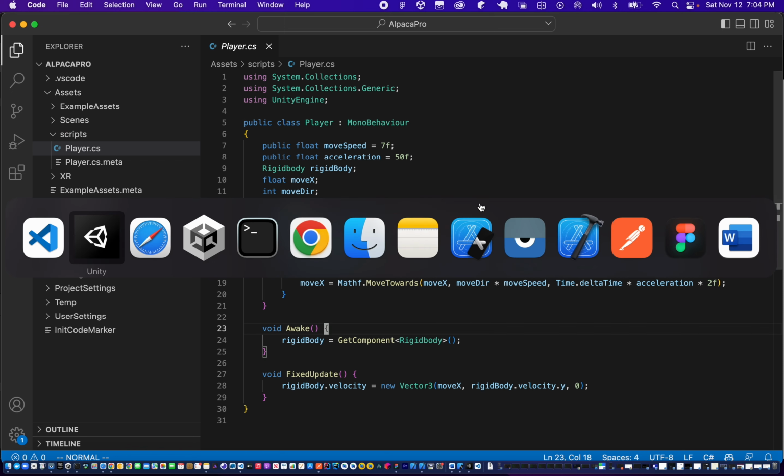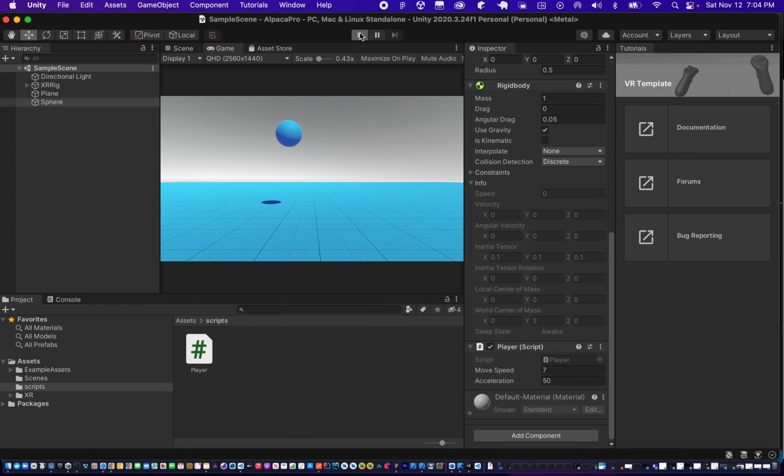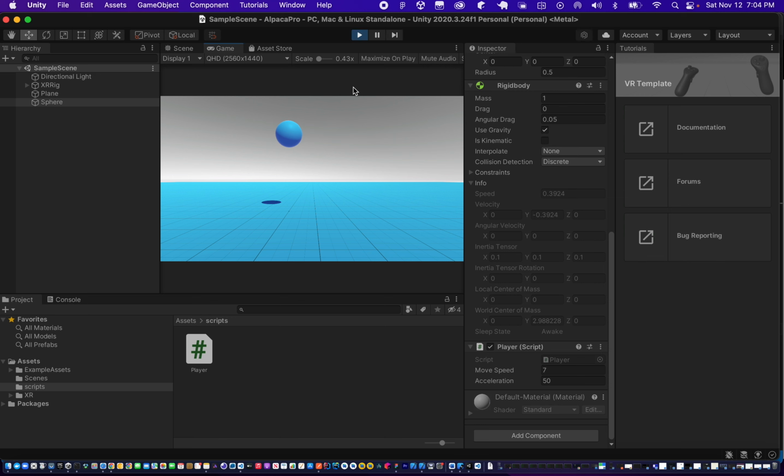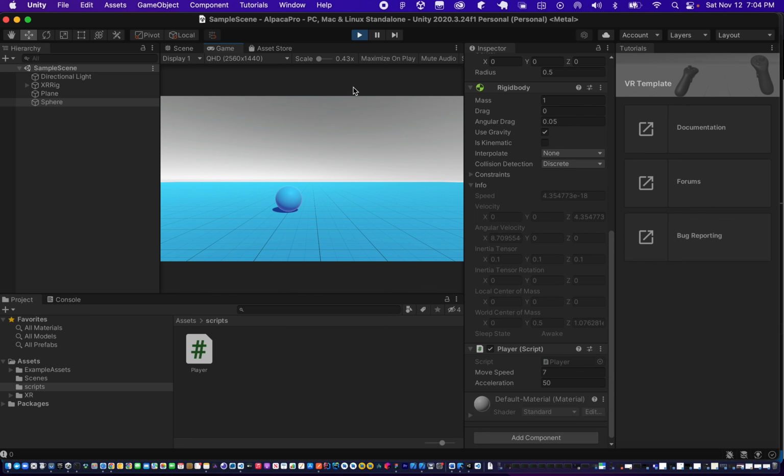So it's a pretty simple game, and if we run it, we can see that it allows us to move our sphere according to basic physics. So that's part of the game. And then if we stop the game,